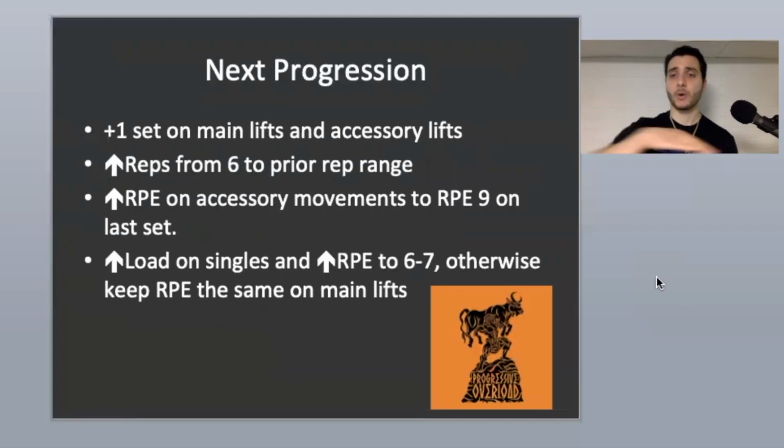After that, if all the boxes are checked, again, everything is checked off, we're going to add 1 set on the main lifts and the accessory lifts. Increase the reps from 6 to the prior rep range that we were doing. Increase the RPE on the accessory movements to 9 on the last set, okay? So we're going to push it a little bit now with our isolation work and just get a feel for what that feels like to approach that muscle fatigue and approach failure again in a controlled environment like an